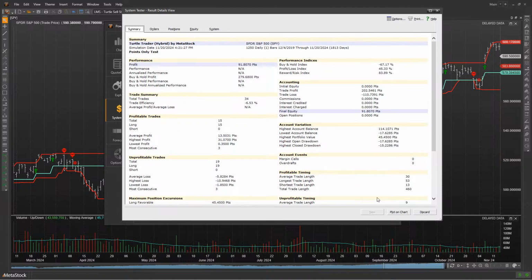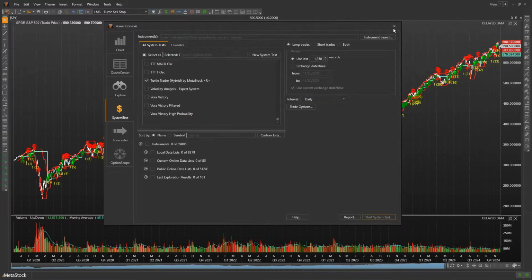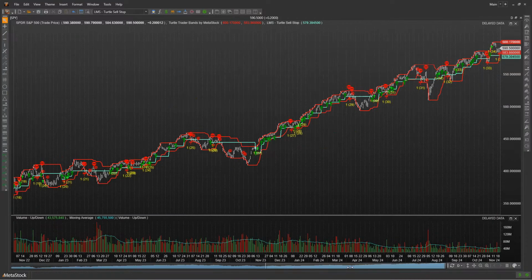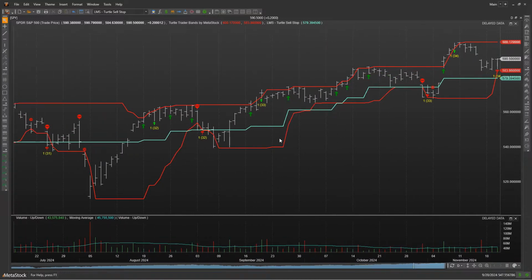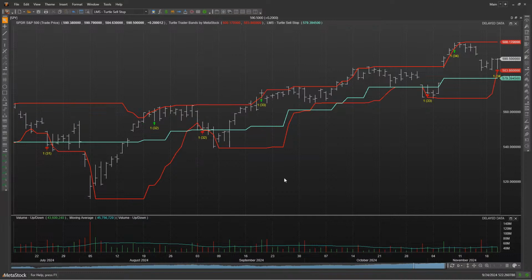But probably one of the most important things you can do is down here at the bottom. If you click on the plot on chart there, this will give you the actual buy and sell signals on your chart, and you can verify that this thing is buying and selling exactly where it should be. Now, we've got a lot of signals here on our chart. So one way that we can clean this up is to right click on our chart, go to the expert advisor, and then detach it. That'll get rid of the expert advisor. And then I'm going to also get rid of our ATR line, just so we can concentrate on the actual signals by themselves.